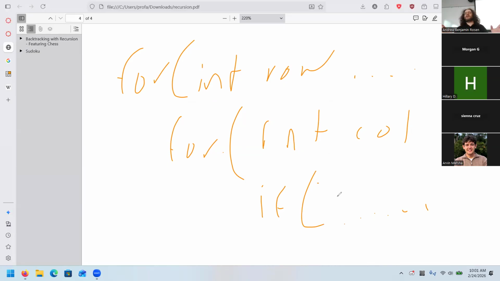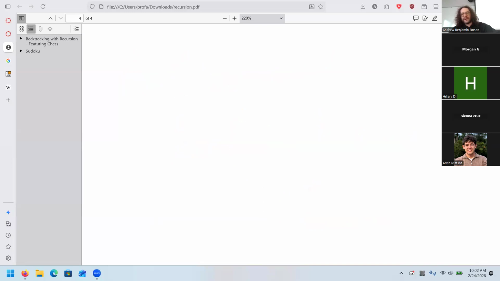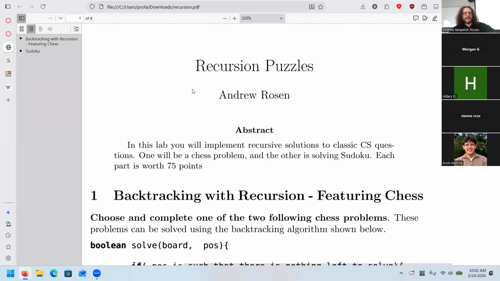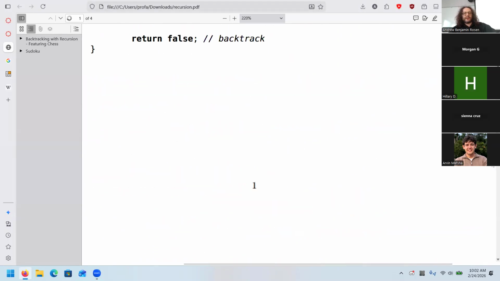In that case, you're searching for the next open space, but that means you don't know where you currently are. And if you don't know where you currently are and you're having to search for it, that can lead to some really unintentional behavior when it comes to backtracking. The point of this algorithm is that you always know where you are. Okay, you always know where you are.